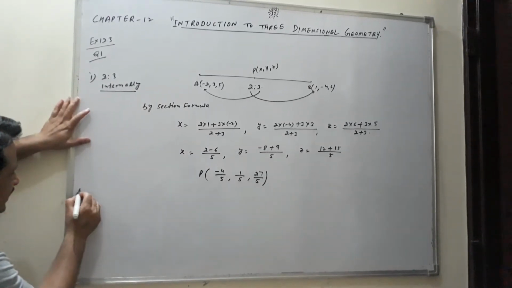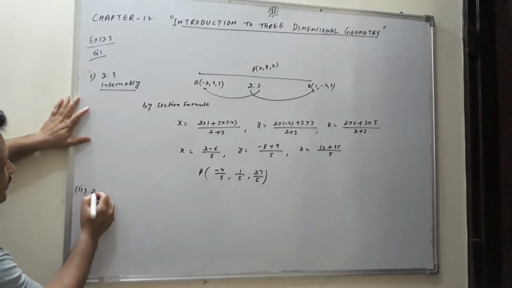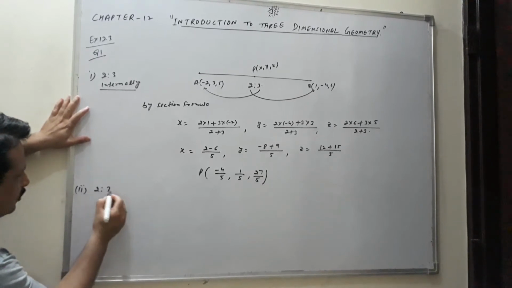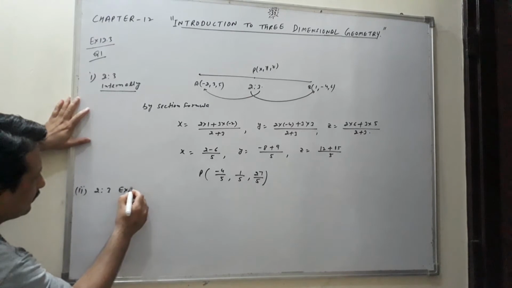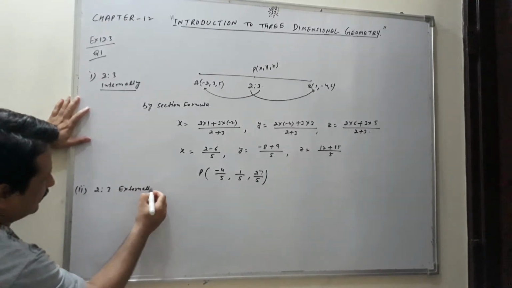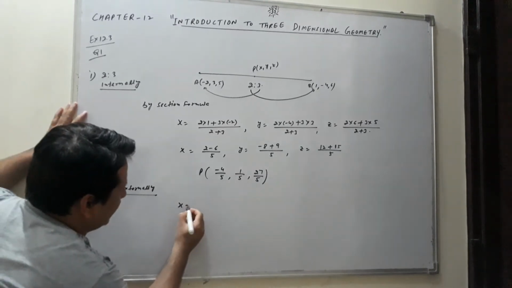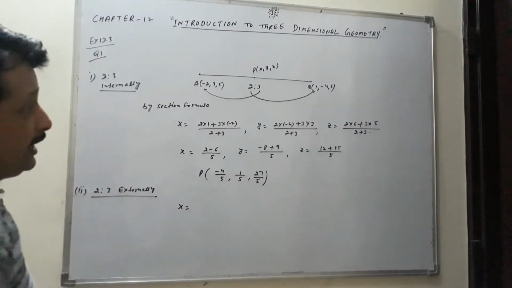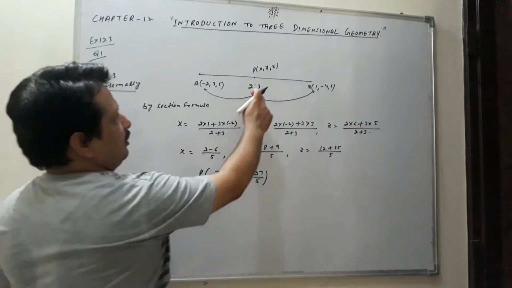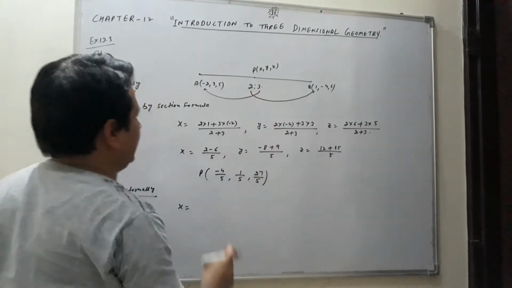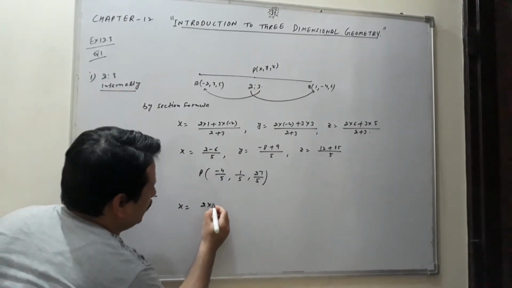Now we are coming to the second part, where it is again dividing in the ratio 2:3, externally. As I have told you, students, x will be equal to, directly I am going to write now. So what will happen, students? Now this 3 will change into minus 3. So what can you say? 2 into 1.